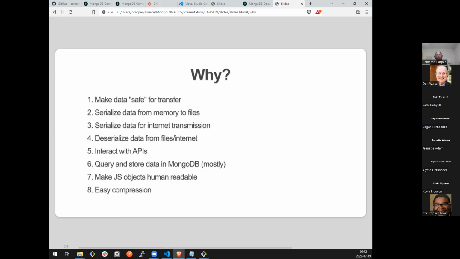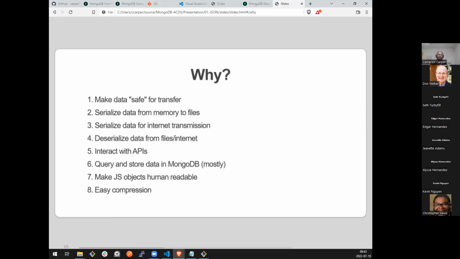It does the situation I just described, where we can take binary data in memory and serialize it into plain text and put it in a file. So those two files that are in the GitHub that you just saw me load into Mongo were generated by a program that put all that data together in memory and in binary. And then I said, I want to be able to download it, make it human readable, be able to email it to somebody if I want, and for them to be able to easily open it. So transform it into JSON format and then give it to me.